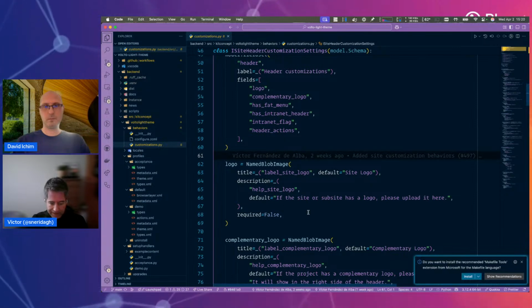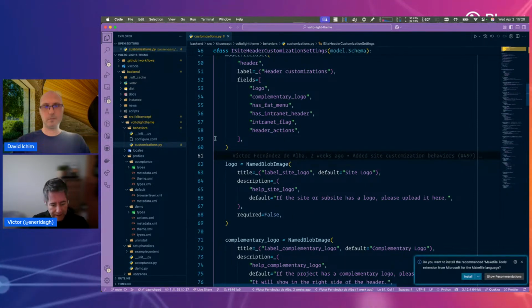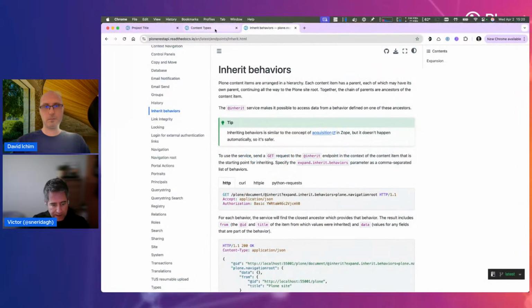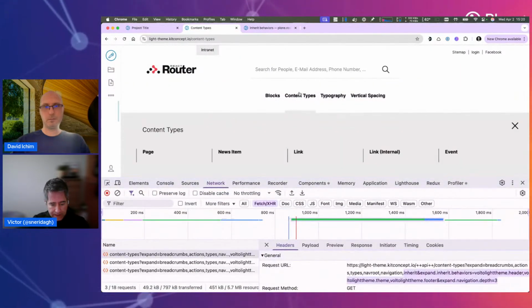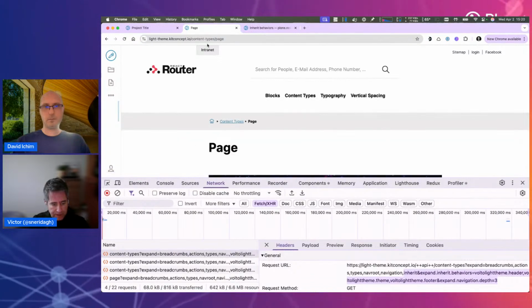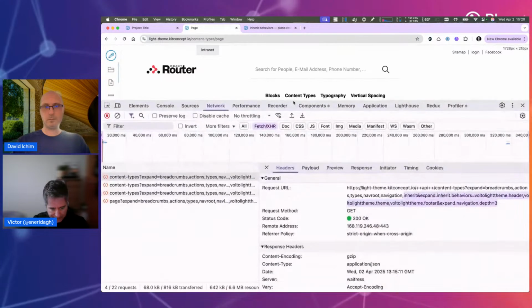Nothing fancy in here. Just upload something and then it gets saved. And then let's take a look at how it looks. So if I am in this content type, let's say I am in a page, so I am in content type /page, and this page has asked